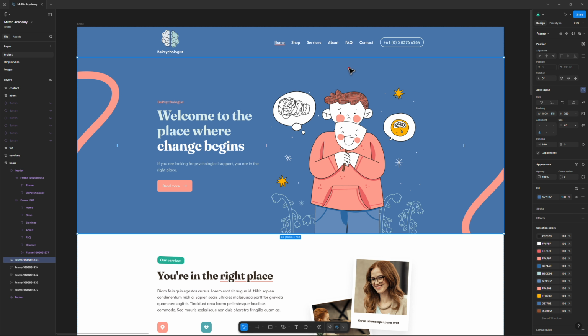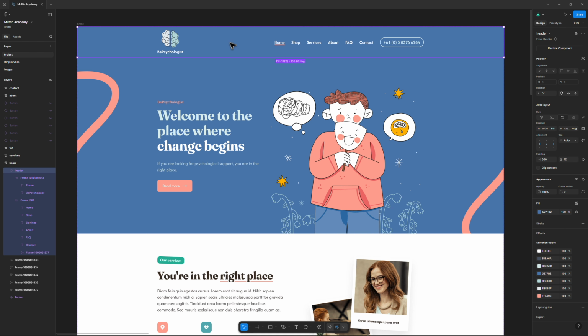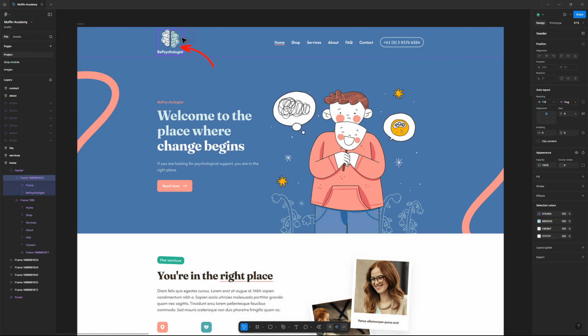I will briefly explain the individual elements of the homepage. At the beginning, we see a simple header consisting of a logo identifying the brand or company placed in the top left corner. The navigation elements, menu, are located on the right side. It contains links to individual pages as well as an action button, which in this case allows direct phone contact